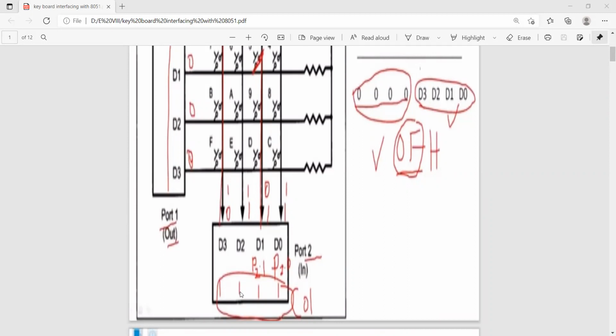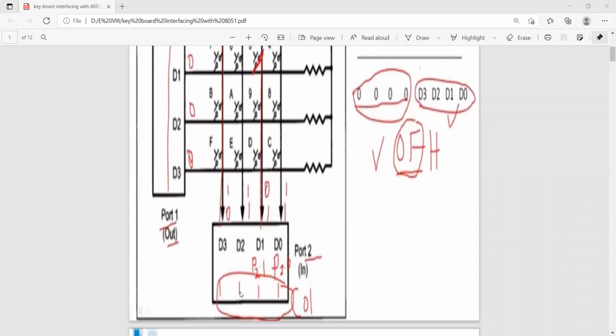Here we can write some tabular format. Suppose the first key stands for some value, the second key stands for some value, the third key stands for some value. Like that, you can write a lookup table.